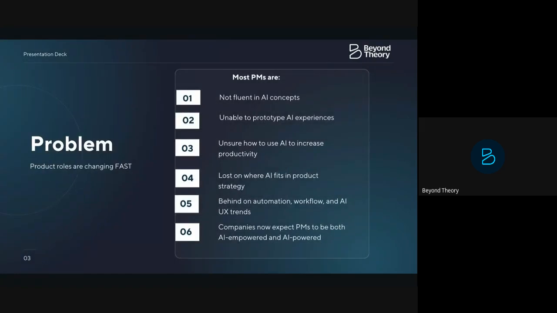Now, at the moment, this is the current problem we're trying to solve. Most PMs are not fluent with AI concepts,